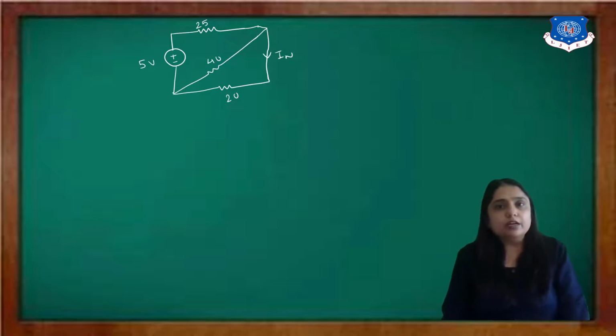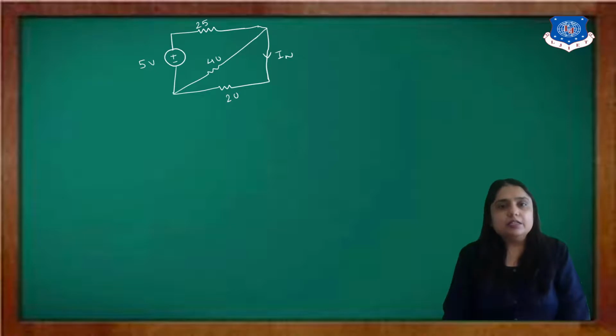And when you get the total current, this total current is divided between the two resistors. One is the 40 ohm resistance, another is the 20 ohm resistance. Then you use the current divider rule, that is I total multiplied by the opposite resistor. Here I am interested in finding the current through this 20 ohm resistor. So my opposite resistor is the 40 ohm. So the equation will become I total multiplied by 40 divided by 40 plus 20. Alright, this is one method.